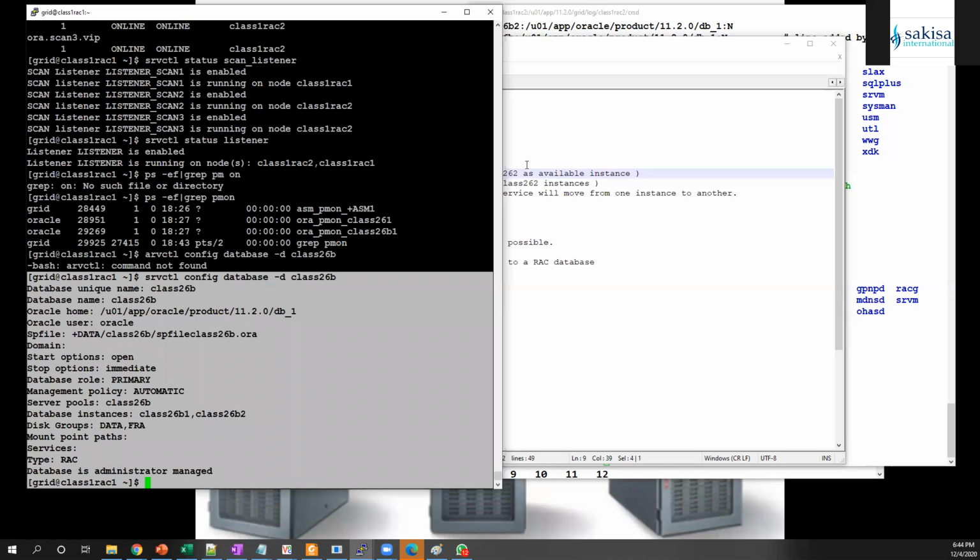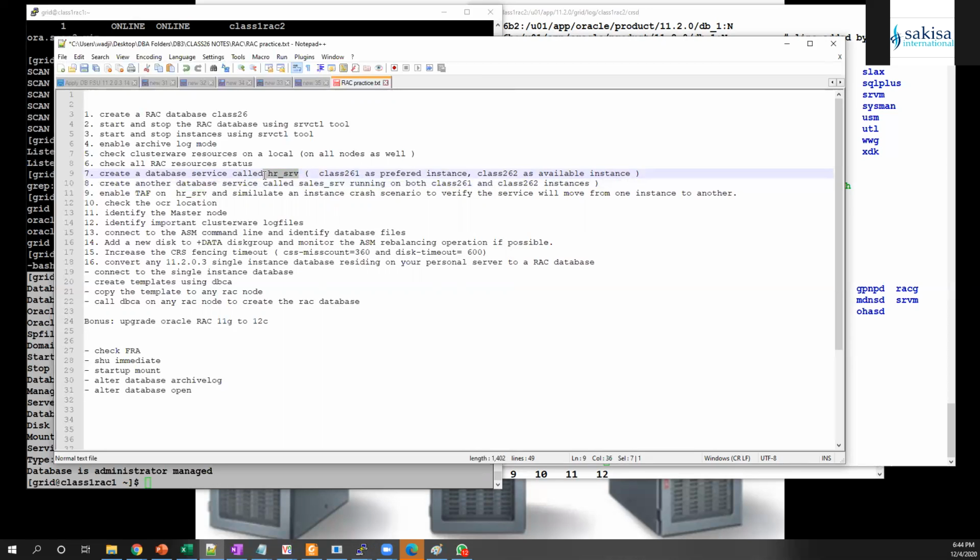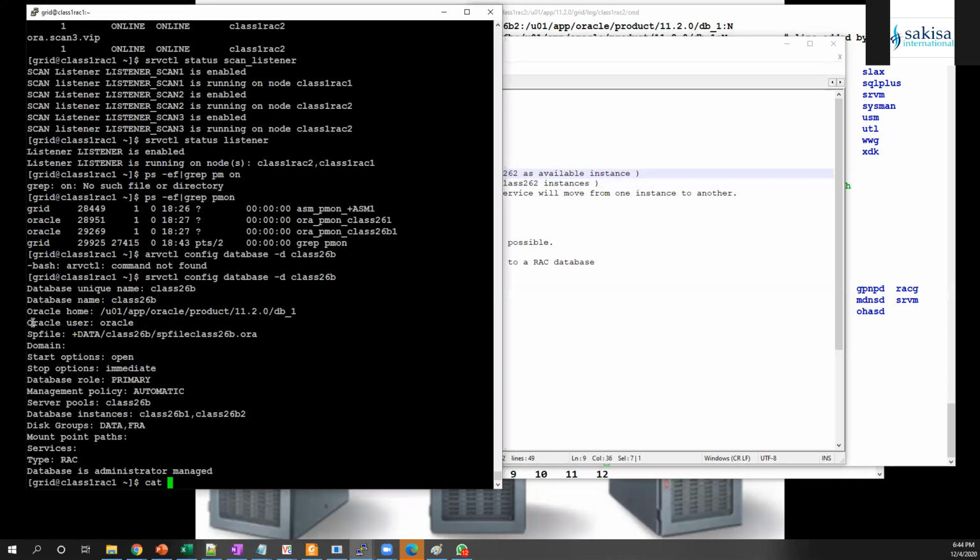So we are going to create two services. The first service is HR service. Assuming that HR service is the service that will be used by the application called HR. So the application users, in order to connect to the database called class 26B, will use this service to connect. What do I mean by that? It means that on the local tnsnames.ora or on the connection string, when you're using the connection string to connect,